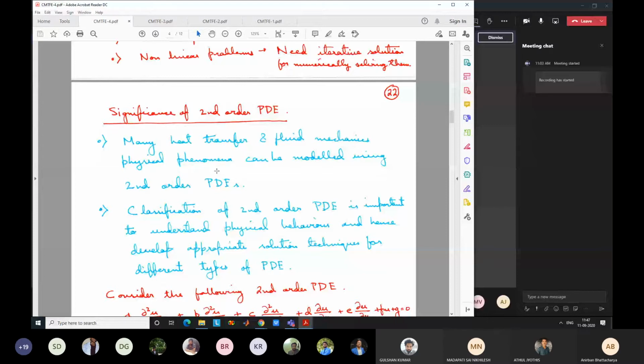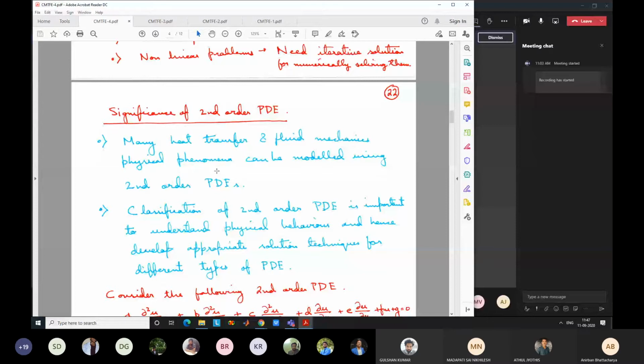So the physical phenomenon is not bothered with any PDE or ODE or anything like that. It just happens in nature. We are approximating them as some mathematical equation and seeing which equation fits the physical phenomenon best. We can have many types of equations, but whatever equation fits them best, we call the governing equation for this problem. And in most heat transfer and fluid mechanics problems, we see that second order PDEs fit the physical phenomena best, and describe them best.